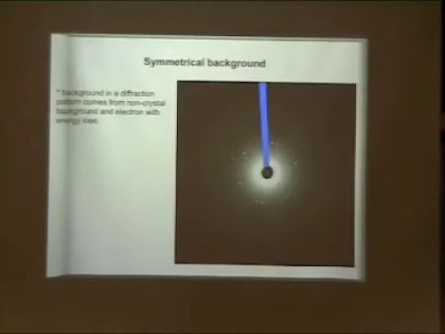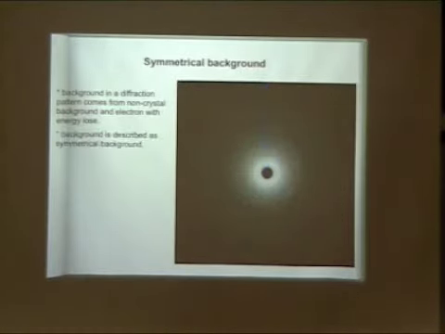The other thing is that you want a good symmetrical background. Now this is an electron diffraction pattern without background subtraction. You can see that you have a much stronger background intensity from here all the way to the edge. If you look at the background, it is a symmetrical background. Assume a symmetrically distributed background. This was subtracted, determined from the previous